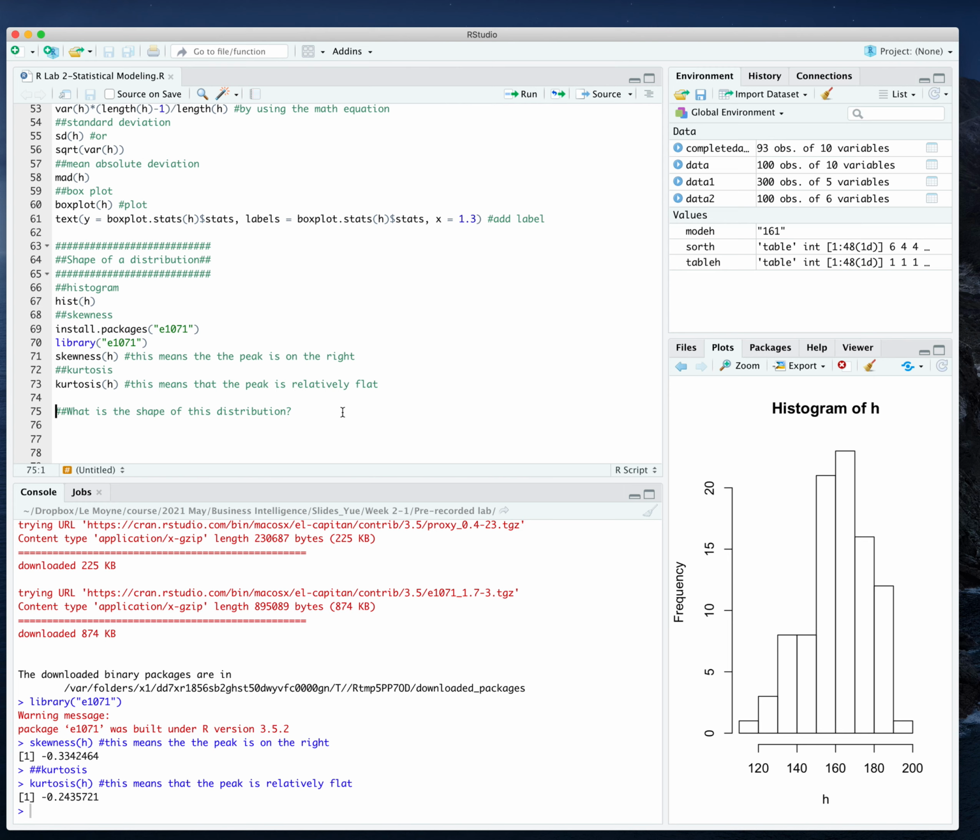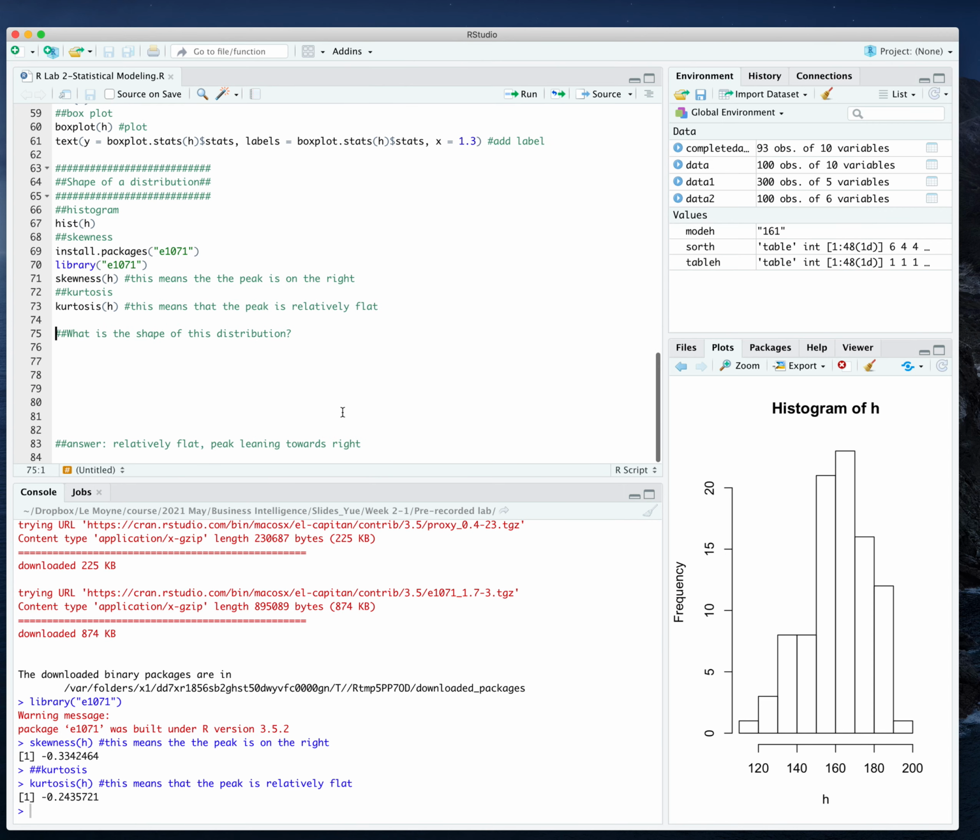So that's pretty much about the shape of a distribution. If you want to describe the shape of this distribution, you can say this is relatively flat, with the peak leaning towards the right. That's all I want to cover for descriptive